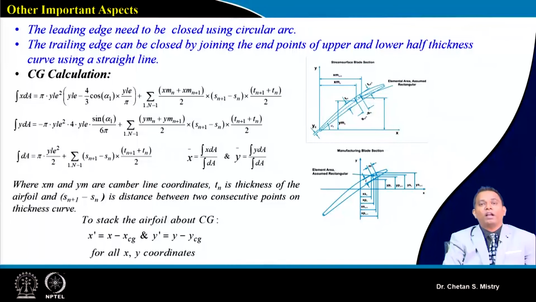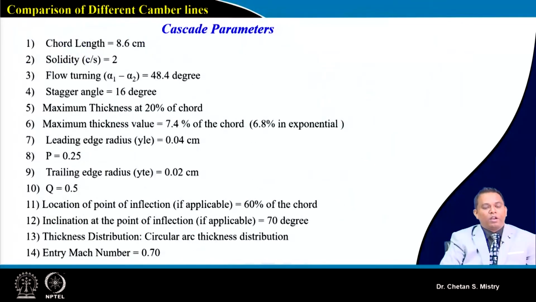With all this understanding, let's take the case for the development of a cascade. Now let's take some of the cascade parameters. Say we are assuming a chord length of 8.6 centimeter, solidity of 2, turning angle 48.4 degree, stagger angle 16 degree, maximum thickness as 20% of chord, maximum thickness value is 7.4% of the chord, leading edge radius